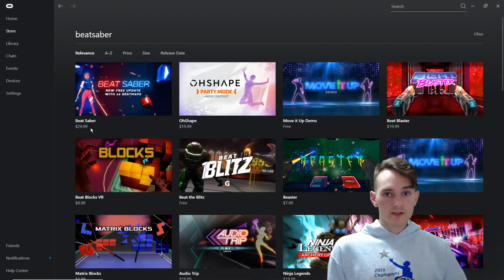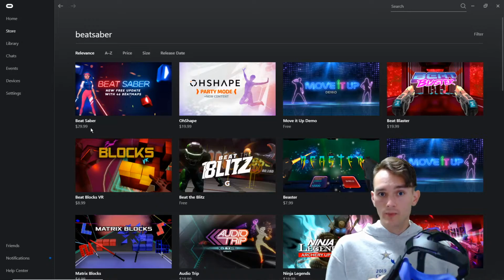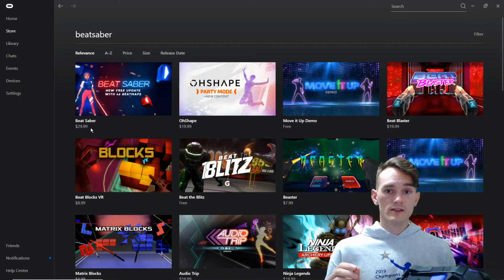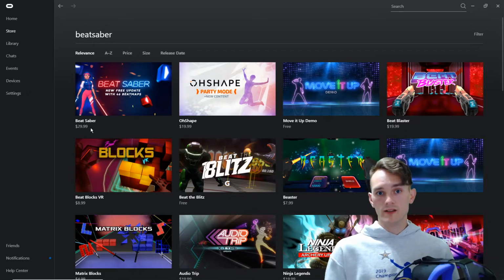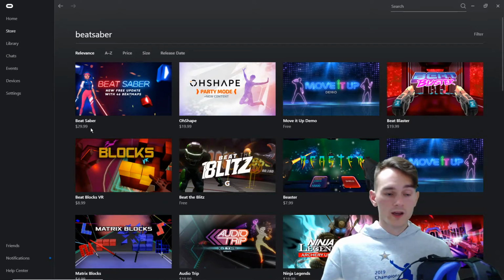With that also said, if you bought this through Steam, the Steam version is different than what you would actually have on the Oculus Quest app. So there's no way that I have found that is a distinguishable, okay, this one says Oculus Quest, this one says Oculus app, this one says Steam. However, like trying to do